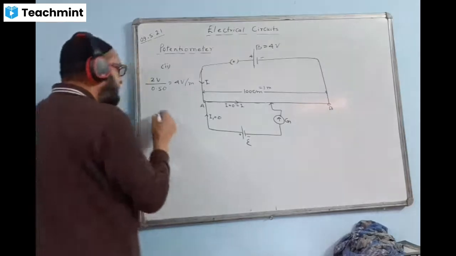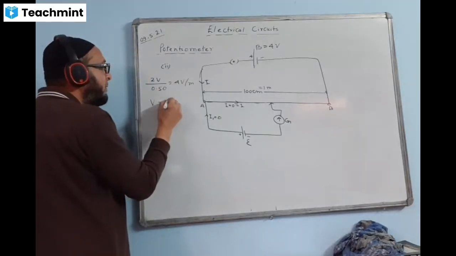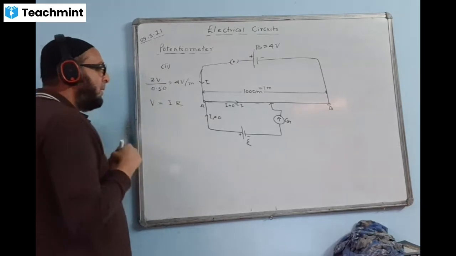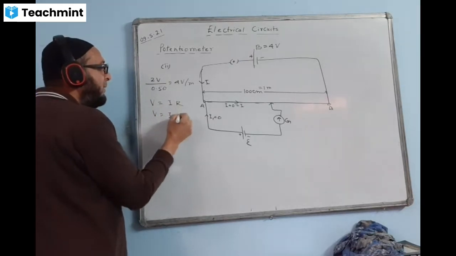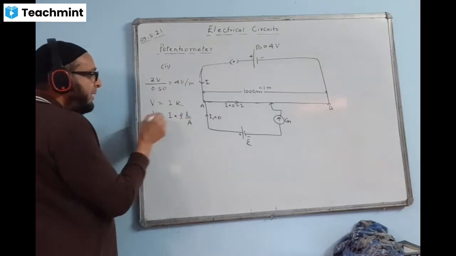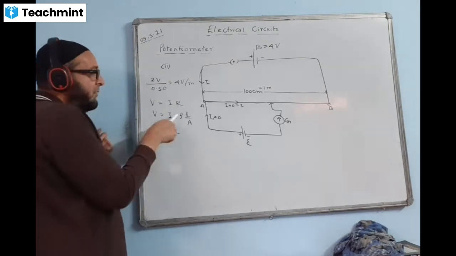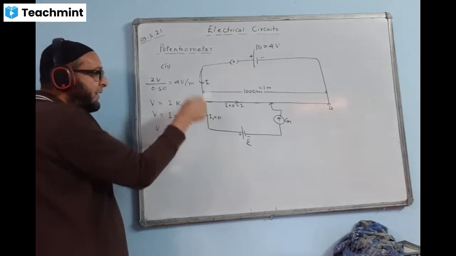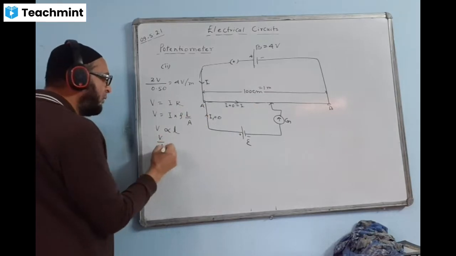And this is actually the result of Ohm's law. Ohm's law tells us that V is equal to IR. We keep I the same, and for R we write rho into L by A. That means V is proportional to L, V is proportional to length, when resistivity, that is nature and temperature, and the area of cross section of the wire are the same. That means V by L is constant.